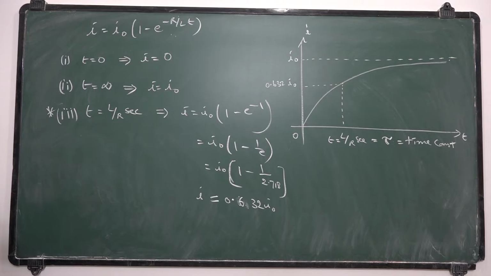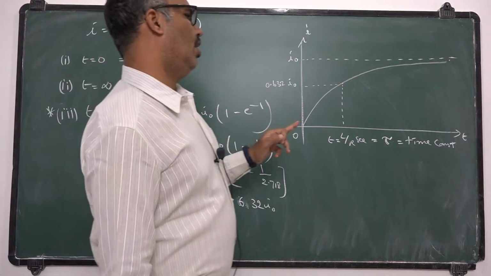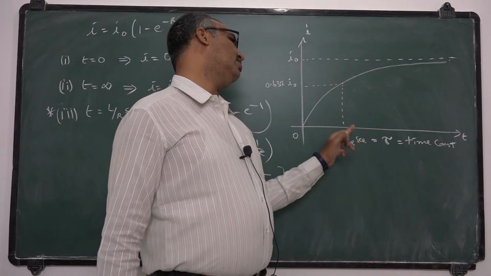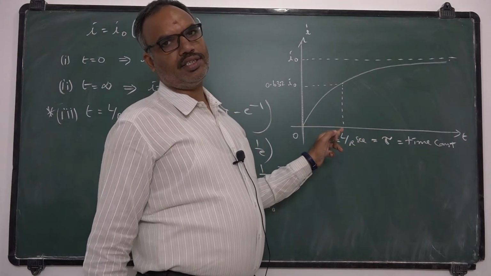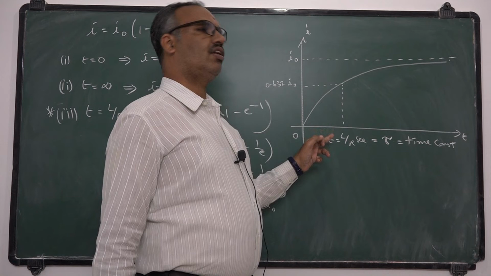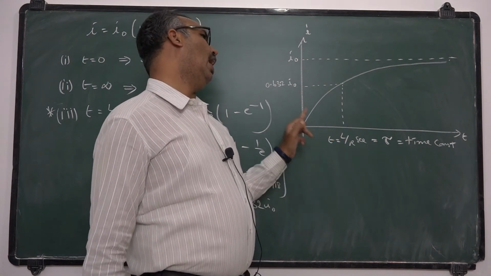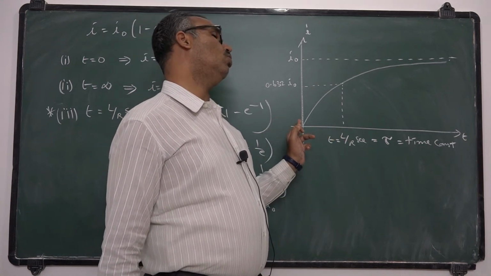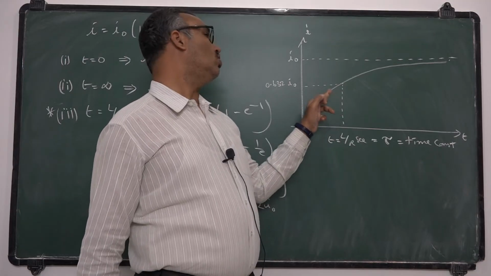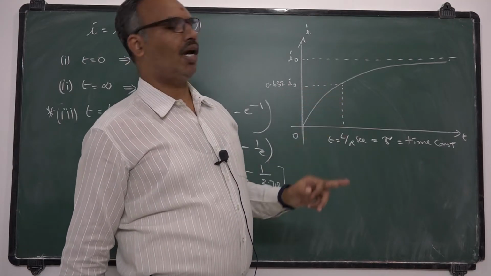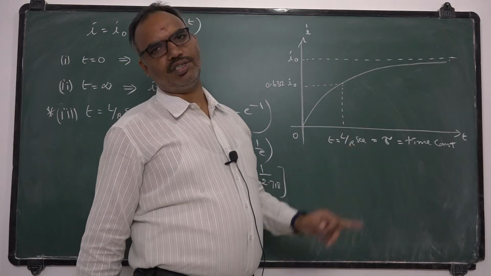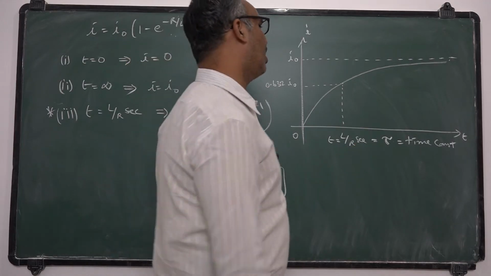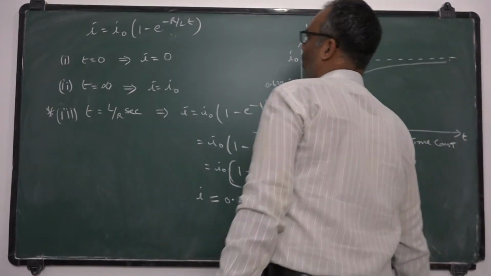63% of the maximum current value is called growth of current. Is called time constant of the circuit. The time constant of the circuit is the ratio of inductance to resistance that are available in the circuit. Otherwise, the time taken by the circuit to grow the current value to 63% of its maximum value is called time constant. This time constant has a very important role.